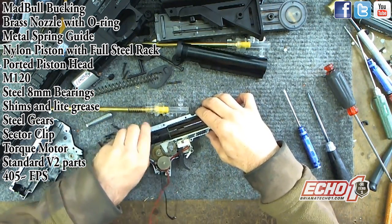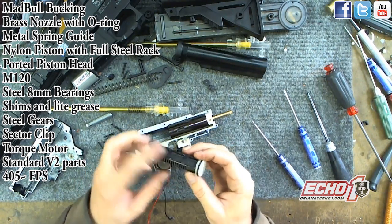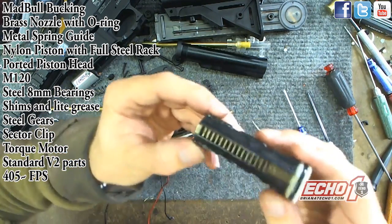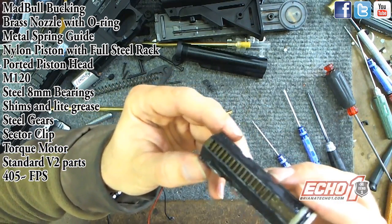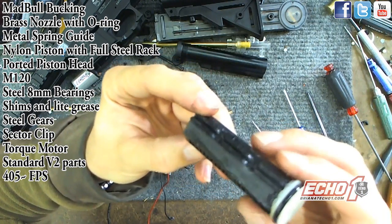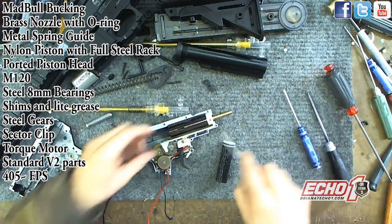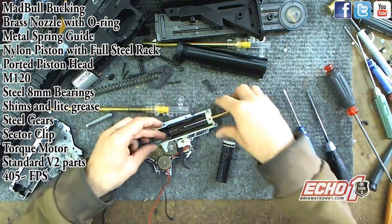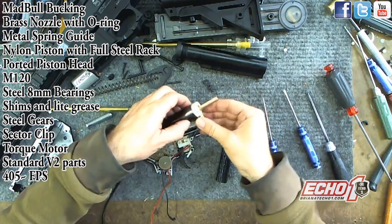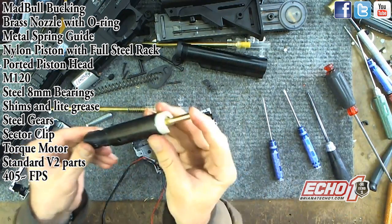You have a really cool nylon type piston with a steel tooth rack, full tooth. So that's awesome. So you have a steel tooth rack with the slots, ported piston head. You have a regular version 2 tappet plate. And you're probably saying the air seal has to be a good air seal. The air seal is actually really good